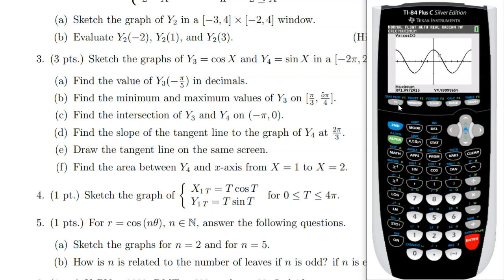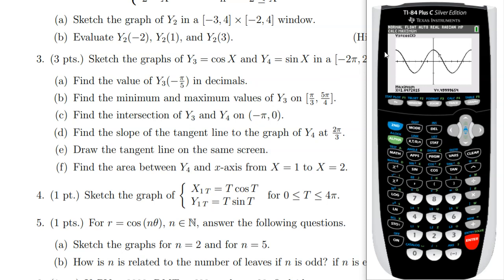All right, so it gives you the maximum value, which occurs at 1.04. It's probably pi over 3 there. And the value is 0.499. It's probably 0.5. All right, so that's part B. Now part C, we want to find the intersection between y3 and y4 on this